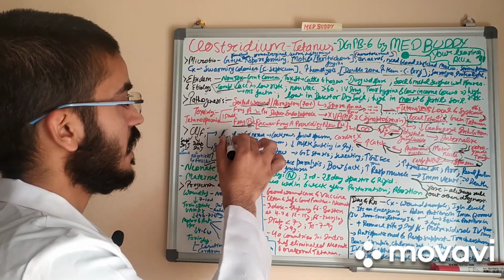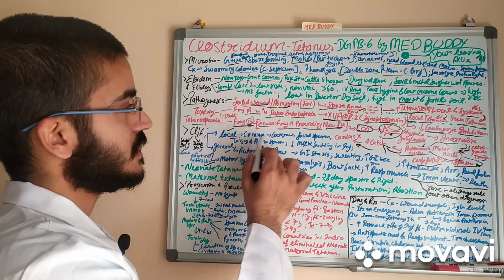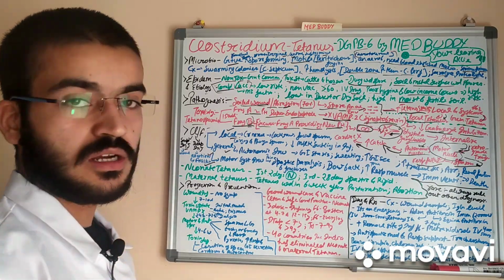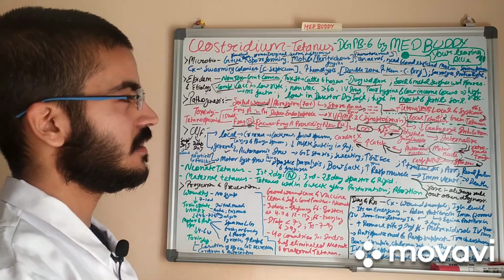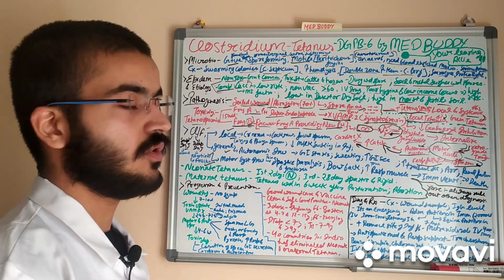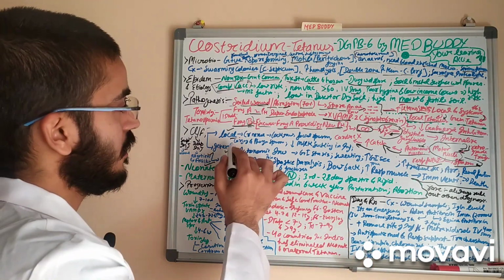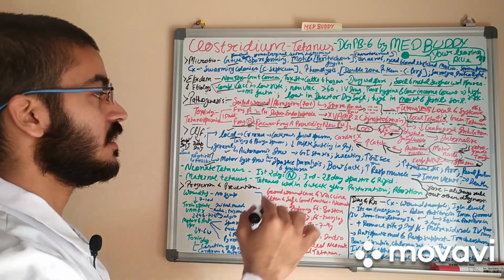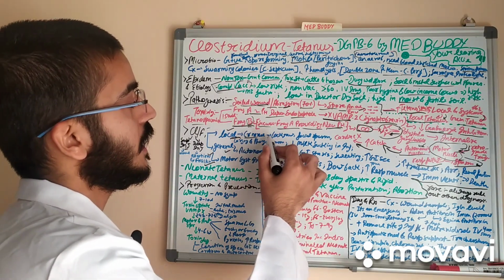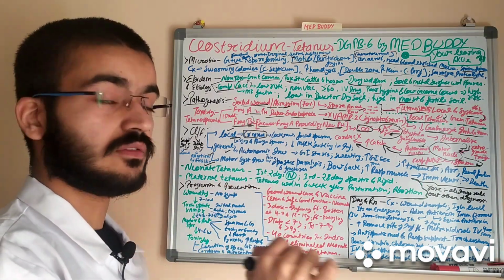Clinical features are divided into local and general features. Local features are seen near the wound area, and severe spasm that can sometimes lead to fracture will also be seen in that limited area. But in most cases it generally involves cranial nerves, basically the facial nerves,